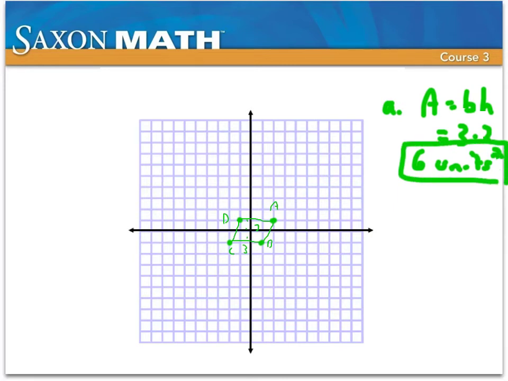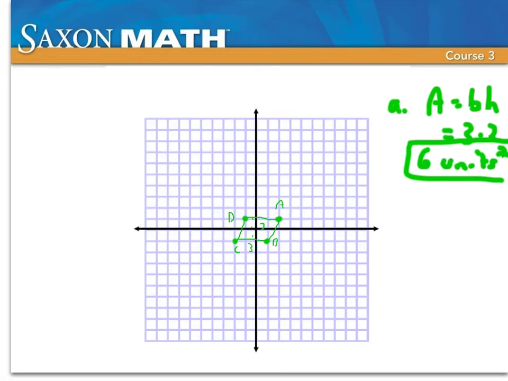Now part B says we want to graph the dilation of the parallelogram with a scale factor of 3. So a scale factor of 3 means we want this to be 3 times bigger than this other parallelogram. So if we want this to be 3 times bigger, then the very first thing I'm going to do is write down